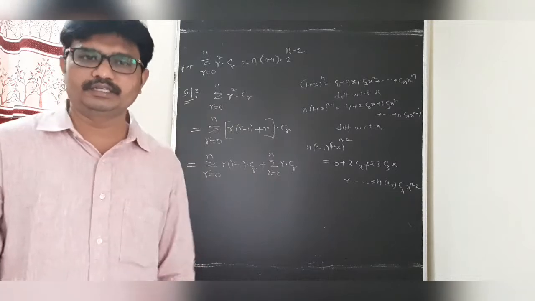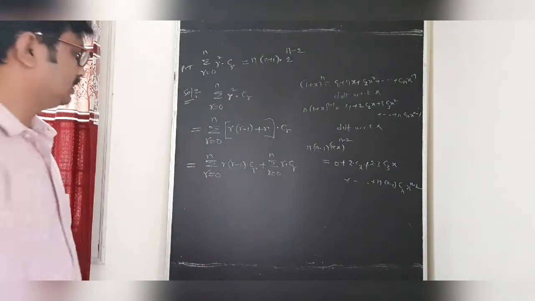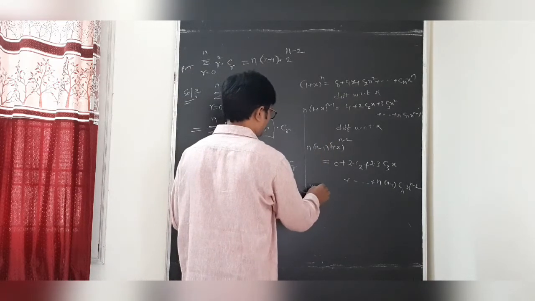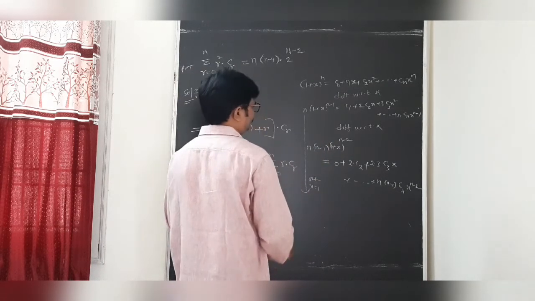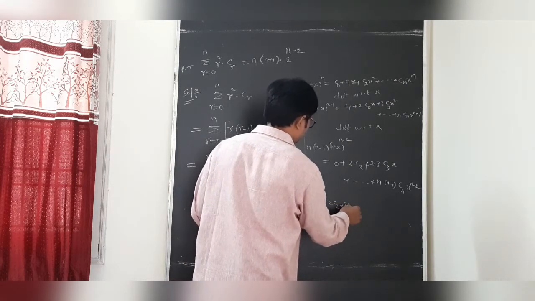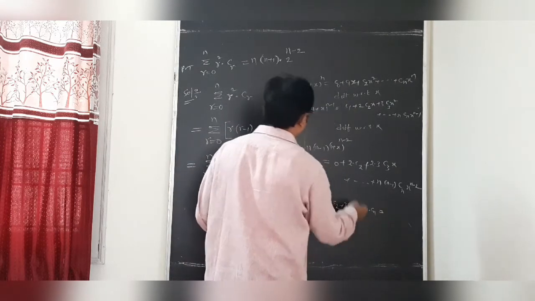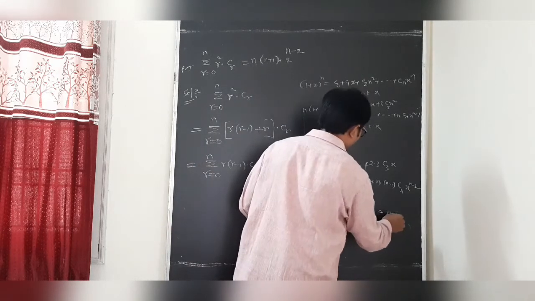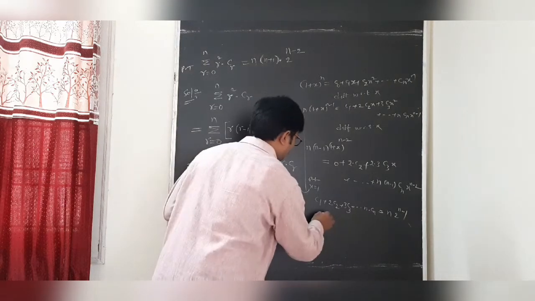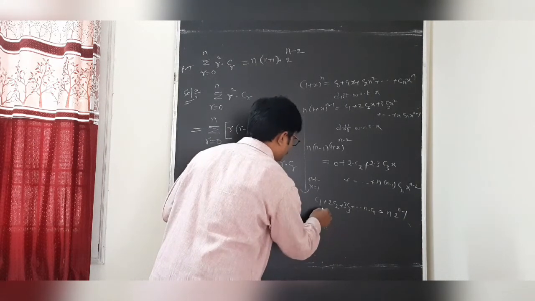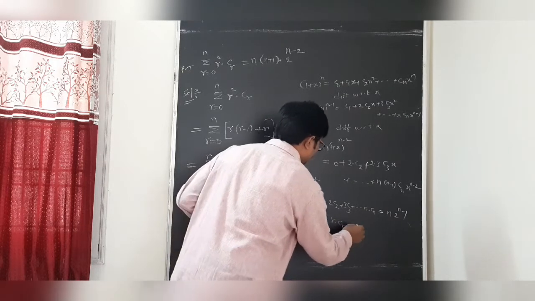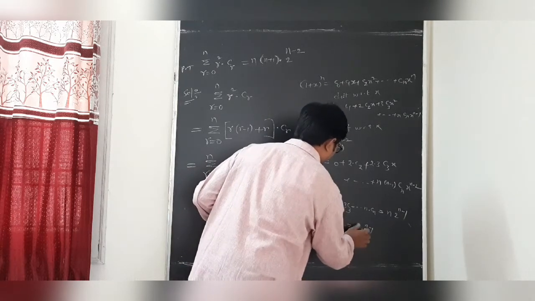Is it clear, students? In this case we are taking two times differentiation. My dear students, here when we are taking this, put x equal to 1. Put x equal to 1, this is what? c1, 2c2, 3c3 and so on, ncn. This is just now we proved that n into 2 power n minus 1. How can you write this? This is, students, sigma r equal to 0 to n, r into Cr. That is n into 2 power n minus 1.